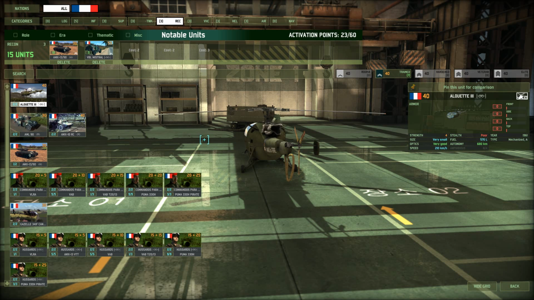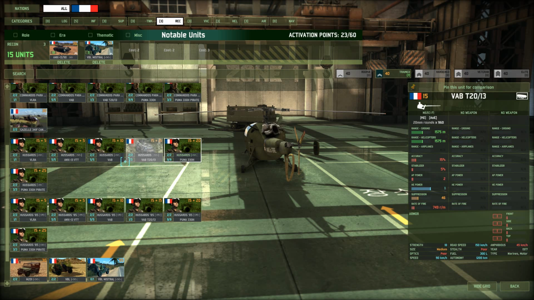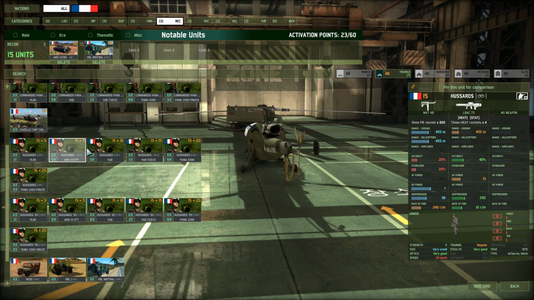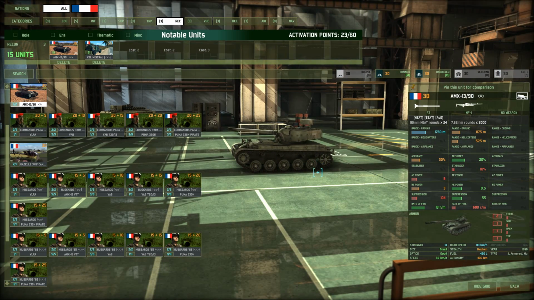Moving on, Recon. Again, quite a few units here, but it's mostly the same unit in different transports, so don't let the high amount of Hussards or Hussards 85 fool you. The AMX 1390, for me, is a notable unit because it also carries this autoloader. And for 30 points you get something that can effectively deal with quite a bit of vehicles early on in